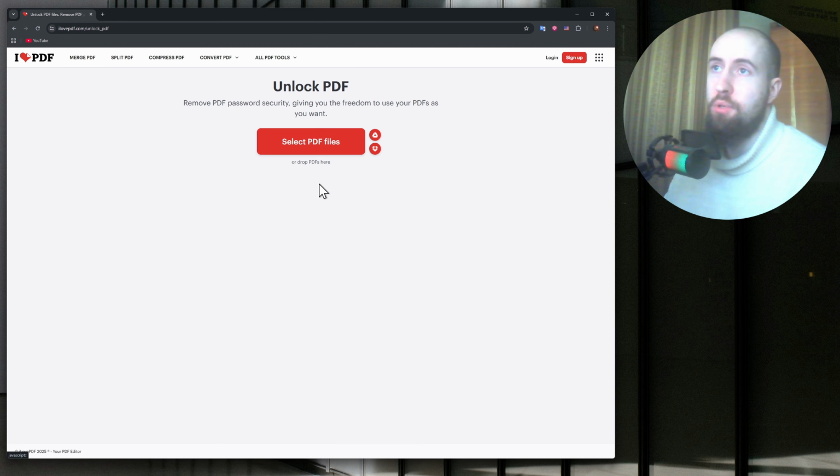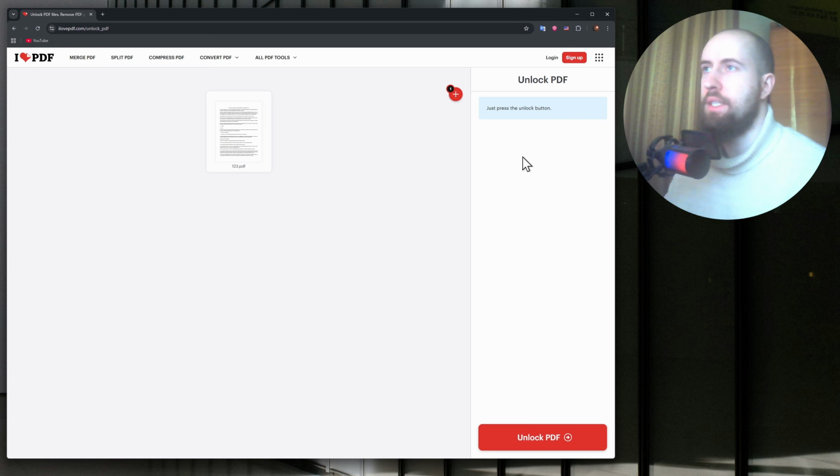And in here guys, it's pretty simple. Either press on this button and choose your PDF from your file explorer, or just drag it onto here. Let me just choose my file. Alright, and as you can see, I've uploaded my PDF, and now to unlock it, you can just press on